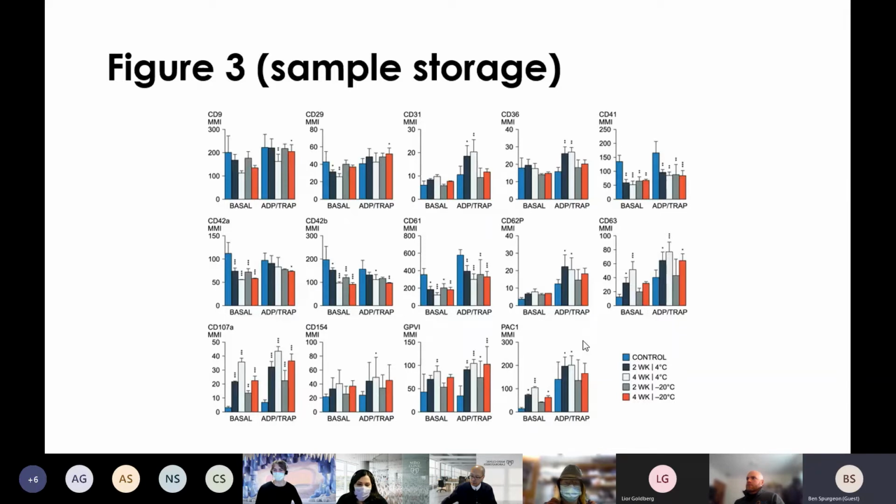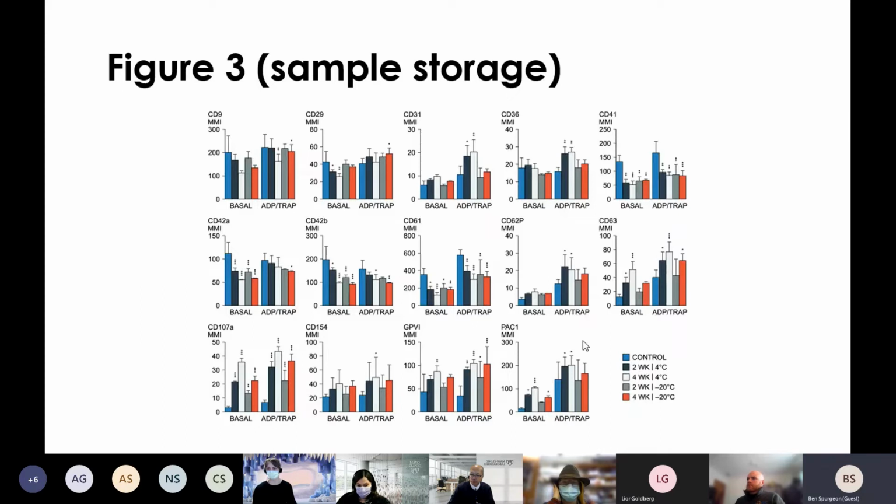And we found that the cold storage of stained and fixed samples was associated with significant variation for multiple markers. Some of these markers, including CD41 and CD61, were significantly lower after storage, while others, including CD107A, CD63, and